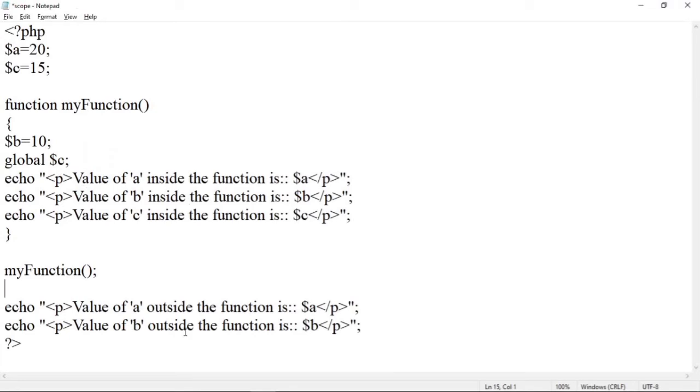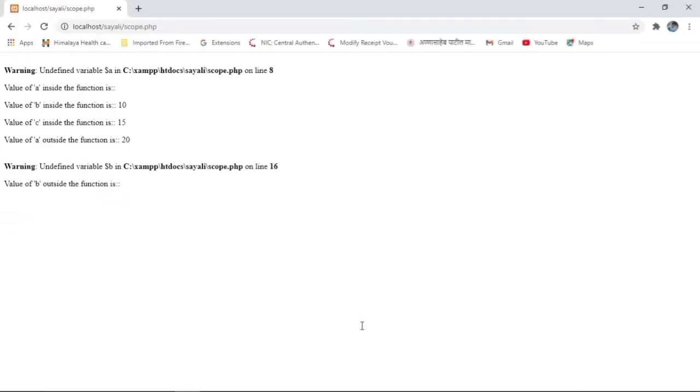But variable b, see here value of b outside of the function. Variable b is not declared outside of the function. This is the function body, and outside of the function there is no b variable declared. It is declared inside the function, that is my function, and that's why it is not accessible outside, and that's why its value is blank here.